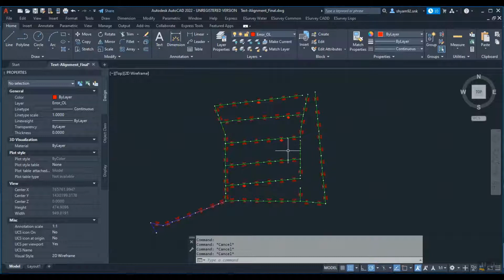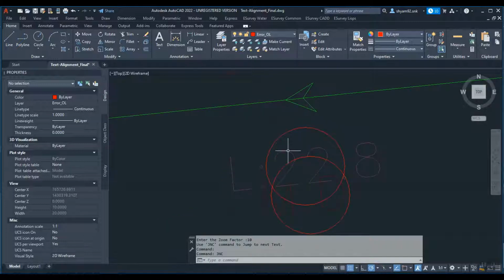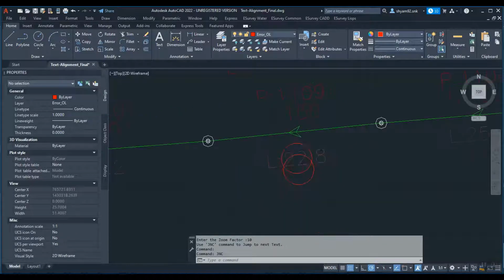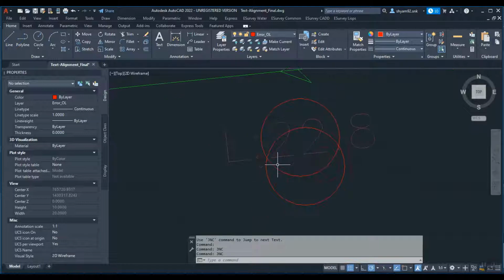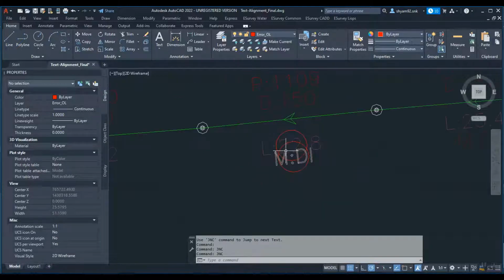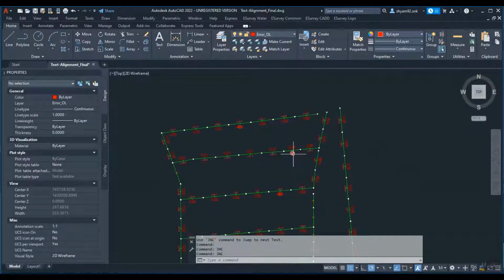Smart Network offers you two commands, SJC and JNC, which will help you quickly locate the portion of the drawing where there are errors. When you enter command SJC, start junction correction, the program will zoom to the first circle in the error layer. After fixing the overlap in that region, type JNC at the command prompt. The program will zoom to another portion of the drawing where there is another overlap.